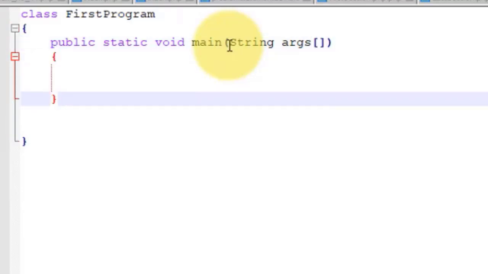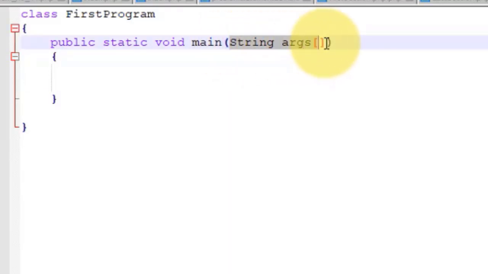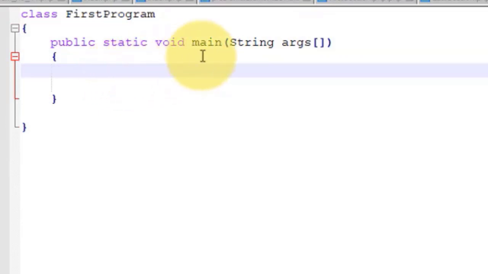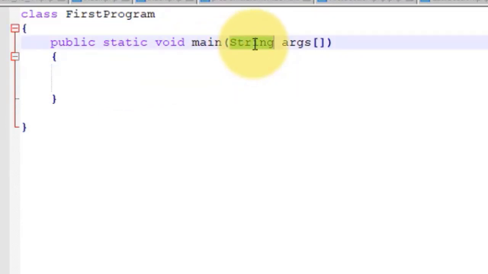I hope you know command line arguments in C and C++. Yes, in C and C++ the main function also takes command line arguments, two of them: first the number of arguments, and second the character pointer array, argc and argv, right? Here also there are command line arguments, in the form of strings.